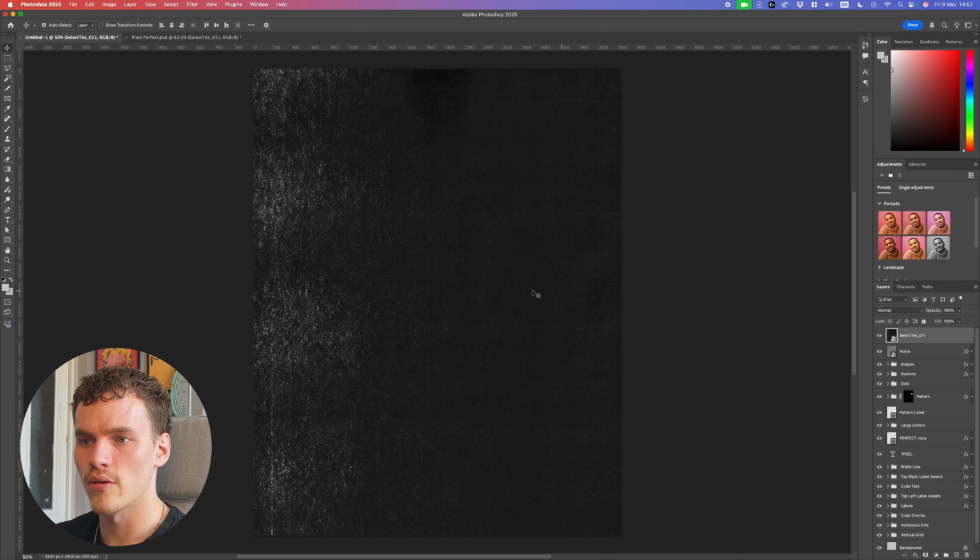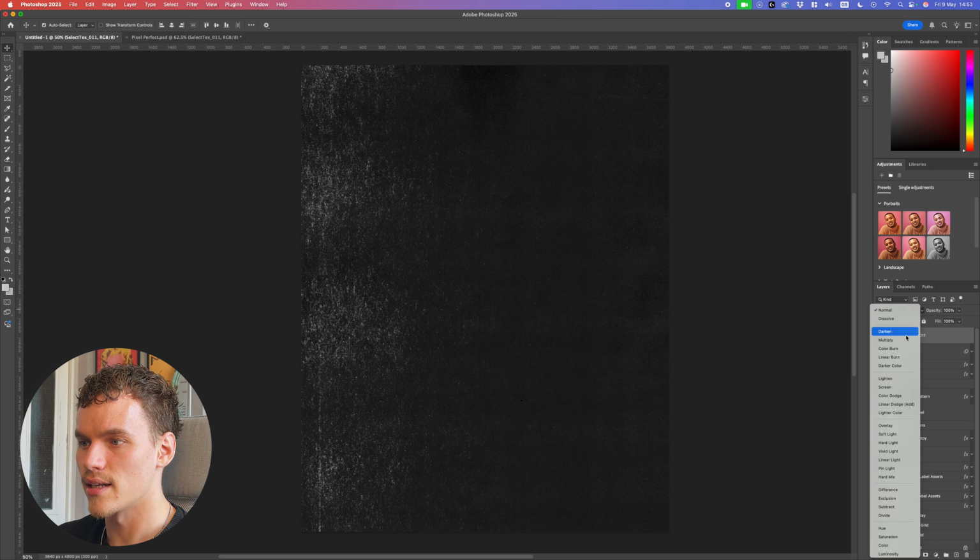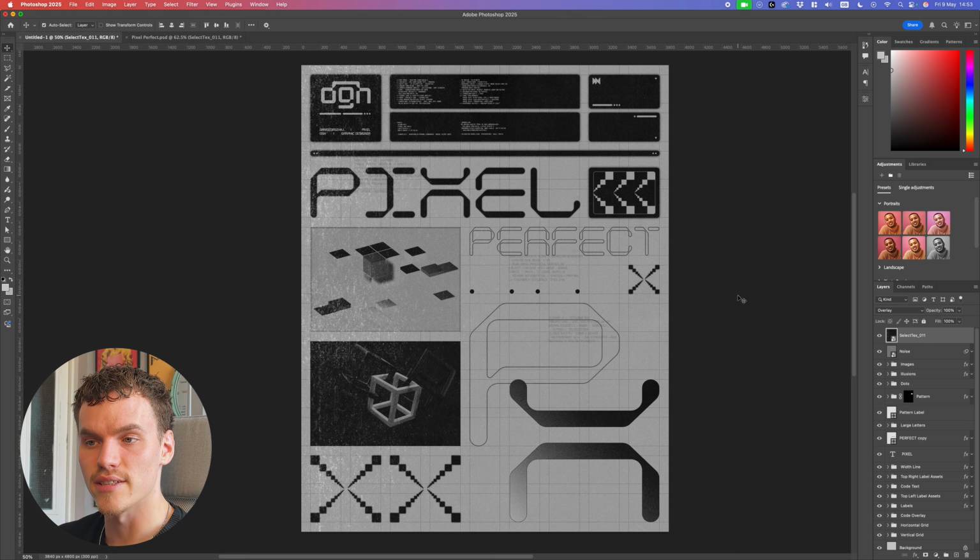Now I'm going to paste in our one and only texture layer. Now this is Select Text 11. This is from Daron Studio, which I'll link in the description. And the first step with this one is I'm going to set our layer mode to overlay. Now this initially is going to make everything really dark, but we're going to use levels to adjust this using